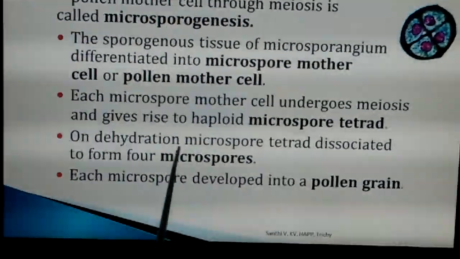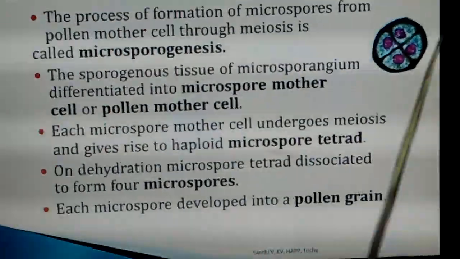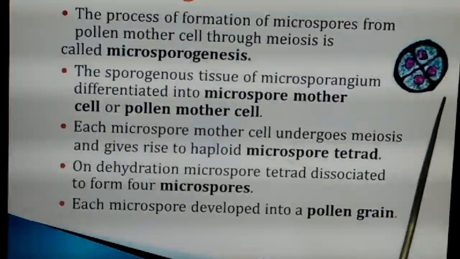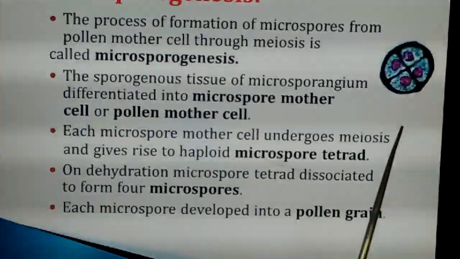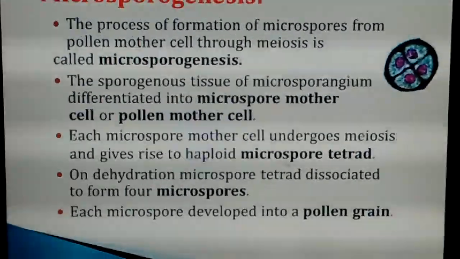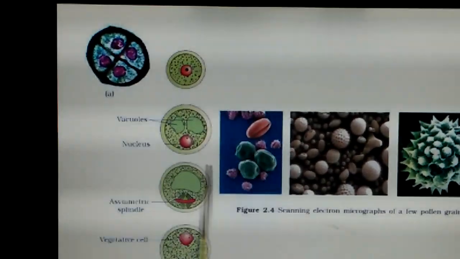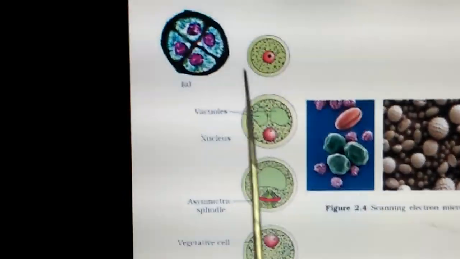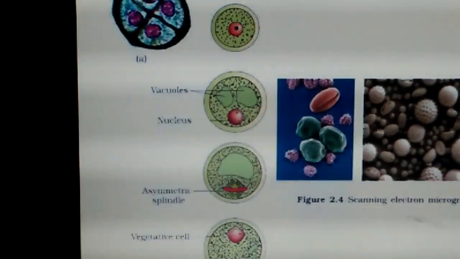Then later, on dehydration, that is removal of water, slowly it dries up and all the 4 microspores get separated. Each microspore develops into a pollen grain. From a single microspore tetrad, how many pollen grains will be formed? 4 pollen grains will be formed. 4 microspores result in the formation of 4 pollen grains. Now we see the structure of pollen grain. When you see, this is the microspore tetrad. Actually this is how the sporogenous mother cell slowly undergoes division and results in the formation of